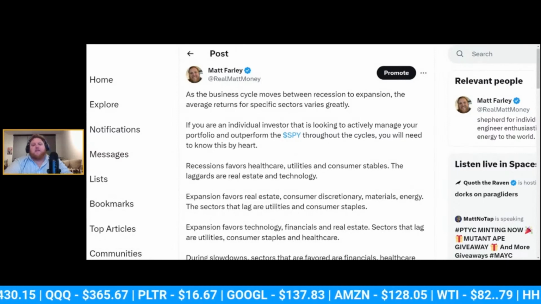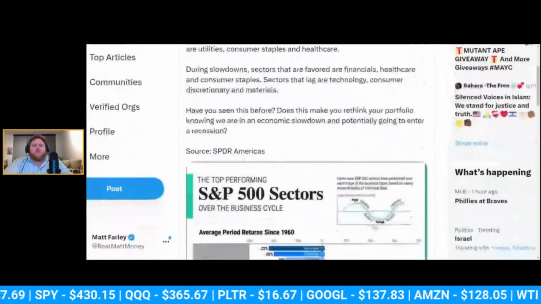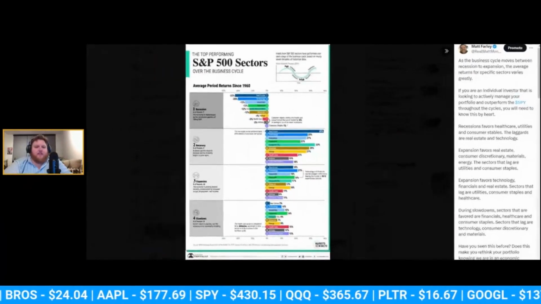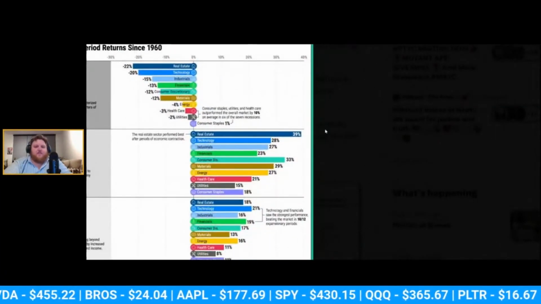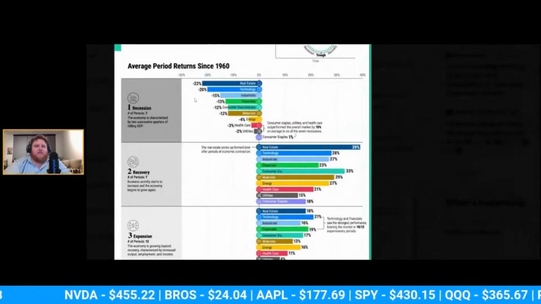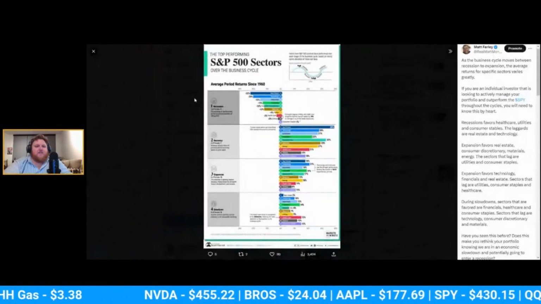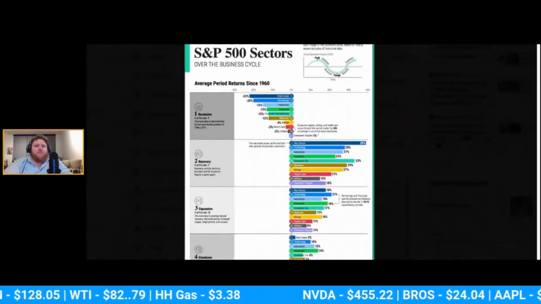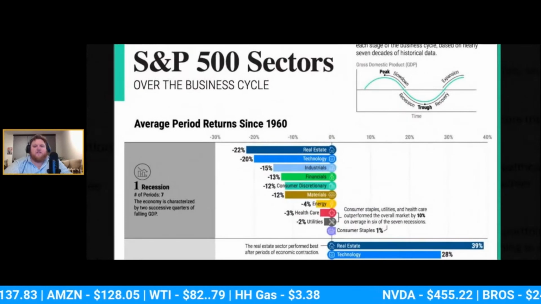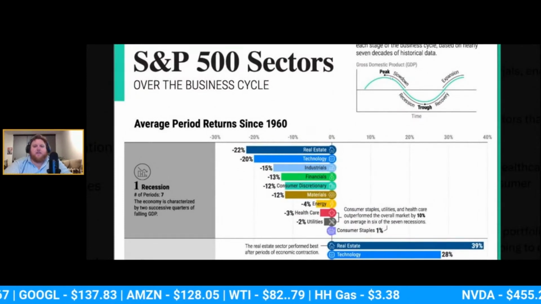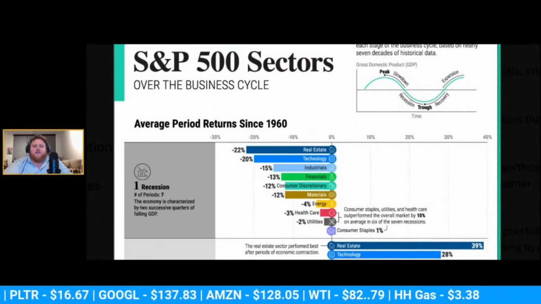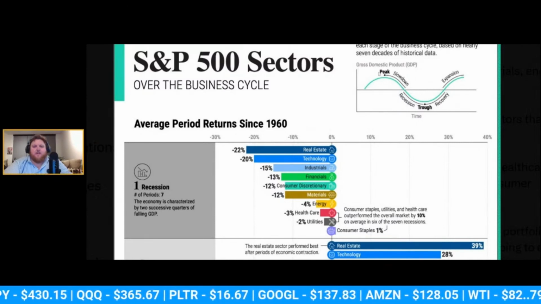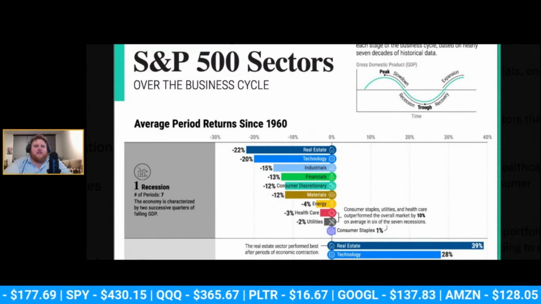So let's take an opportunity to look at this cool little graphic here, which I think is very helpful in understanding. I know it's a little bit difficult to immediately get your eyes into, but this is basically certain sectors of the S&P 500 and how they perform over the investment cycle. Up here, you can see the peak, the slowdown, the recessionary or trough period, up until the expansion. Then it repeats the cycle of peak, recessionary, and so on.